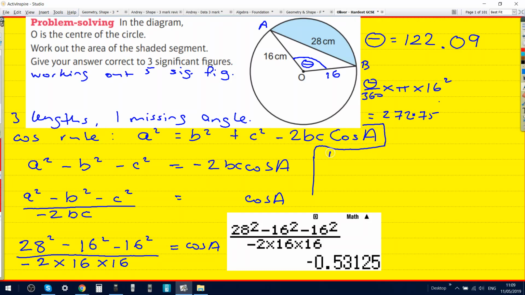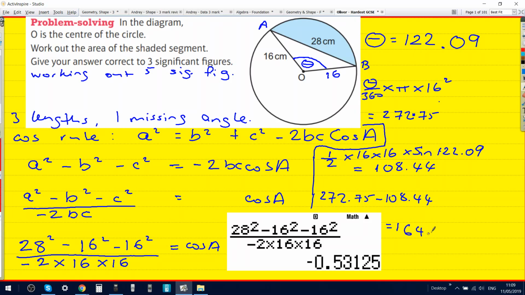So 0.5 times 16 times 16 times sine 122.09. Gives you 108.44, and then you do 272.75 take away 108.44